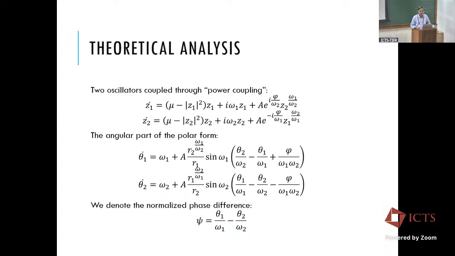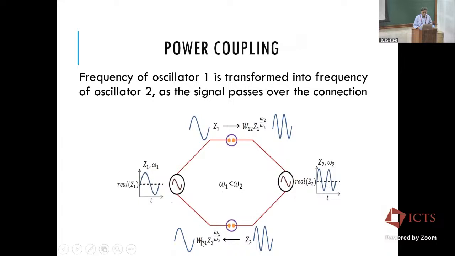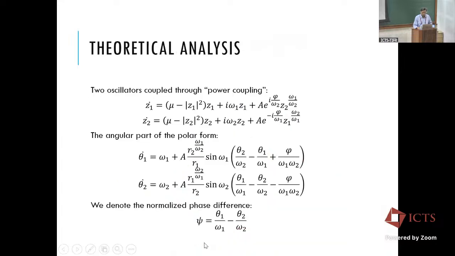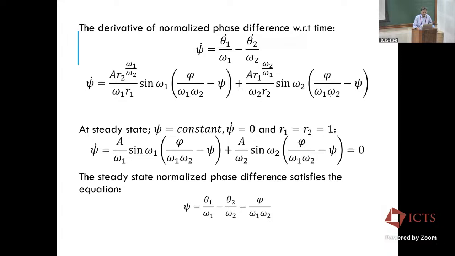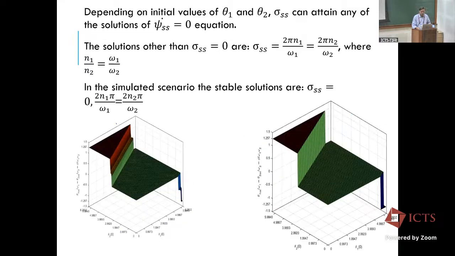So if you do this, what happens? You write the coupling, this special form of coupling, we call it the power coupling, because you raise the state to a certain real power to do this kind of coupling. And it turns out the algebra is so simple. When you do this, you can show that the normalized phase difference is equal to... the coupling constants W12 and W21 are of a special form, e^(iφ) by ω2, and it's not simply conjugate symmetry. There's a more complicated kind of term. And when you do that, you can link that phi value to this psi, the normalized phase difference. You can show using numerical simulations that it works.